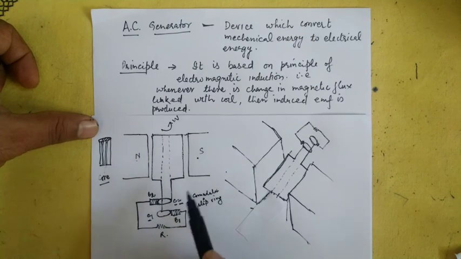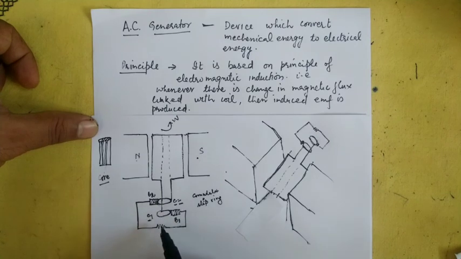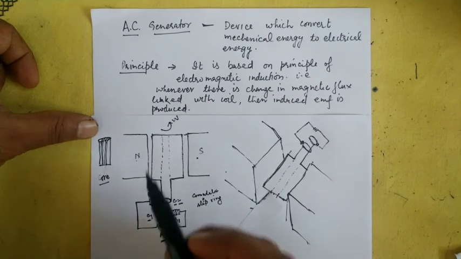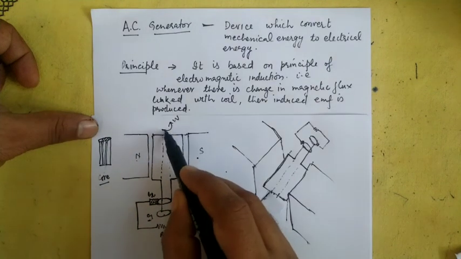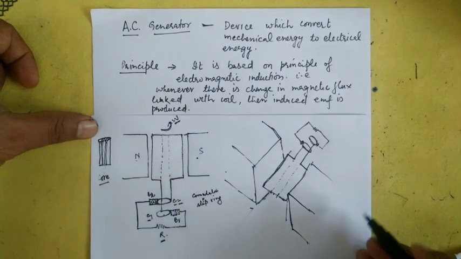As this armature rotates, this slip ring will also rotate. These two slip rings are further attached to the brushes B1 and B2. These brushes remain fixed, and the slip rings remain in contact with the brushes, so the brushes B1 and B2 provide electrical contact to the external circuit. I take the resistance of the external circuit as capital R. This armature is rotated with angular velocity omega.